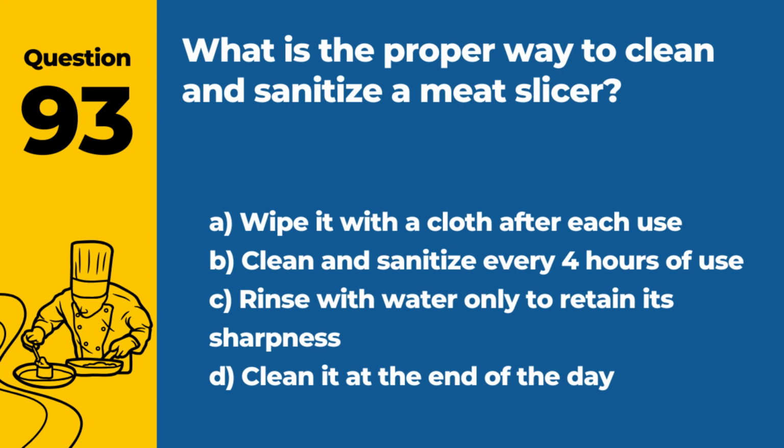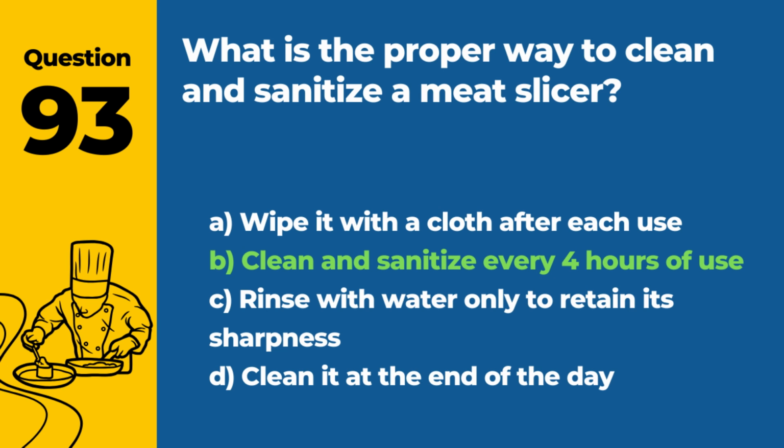Question 93. What is the proper way to clean and sanitize a meat slicer? A. Wipe it with a cloth after each use. B. Clean and sanitize every 4 hours of use. C. Rinse with water only to retain its sharpness. D. Clean it at the end of the day. Answer. B. Clean and sanitize every 4 hours of use. A meat slicer should be cleaned and sanitized every 4 hours of use to prevent the buildup of food residue